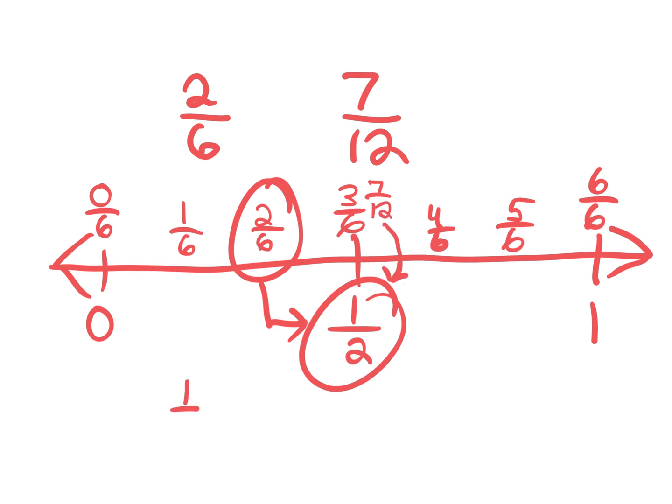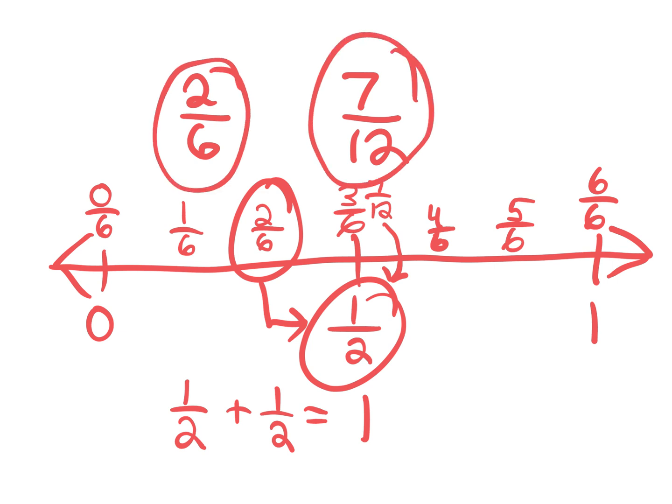So that means I would now have 1/2 plus 1/2, which equals a whole. So if my 2 copper pipes were 2/6 and 7/12, I could say that that would be closer to 1 whole foot. Now to practice real quick, I'm going to write a fraction down, and as soon as you see the fraction,